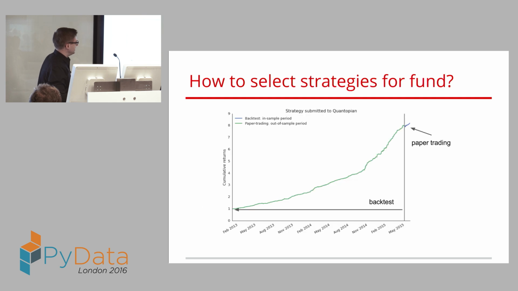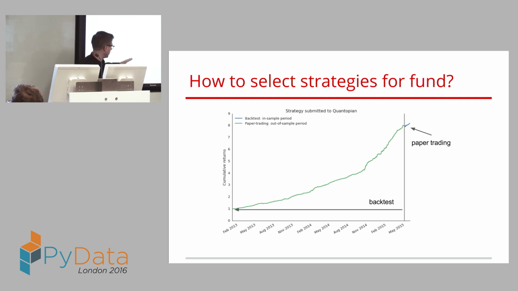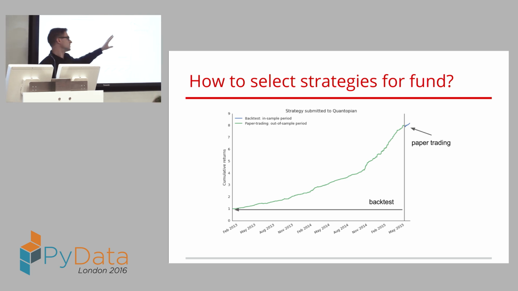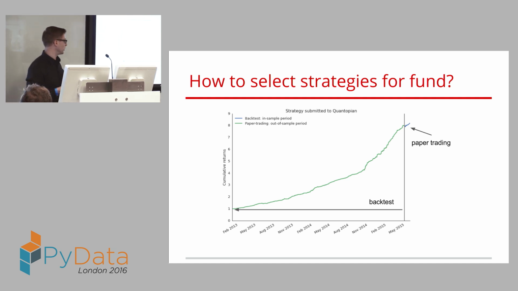And this is a type of plot that we look at a lot, and it's the cumulative returns of that strategy on the y-axis over time. So this is a 2-year backtest where someone built a strategy and it's buying and selling stocks, and these are the cumulative returns, and you can see basically it's just this complete upwards line, as most backtests actually look. So in just 2 years, it's turning an 800% profit, which is absolutely amazing, right? So it's a money printing machine. What could possibly go wrong?